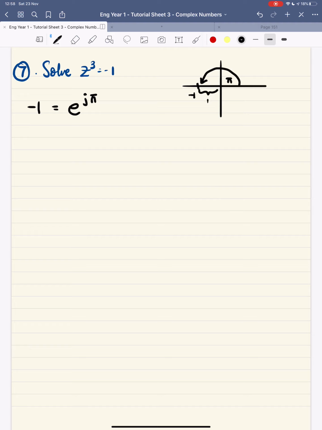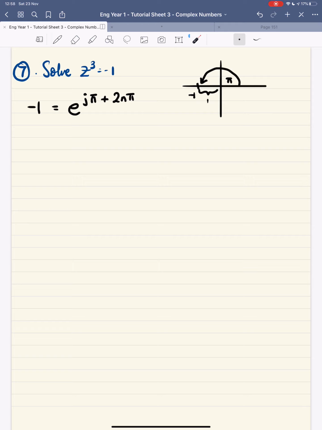So we drop the minus sign there. And then we can also say it's multiples of 2n pi, because if we go around once, there's 1 pi, and then another 2 pi, and then another 2 pi. This means we always end up back at